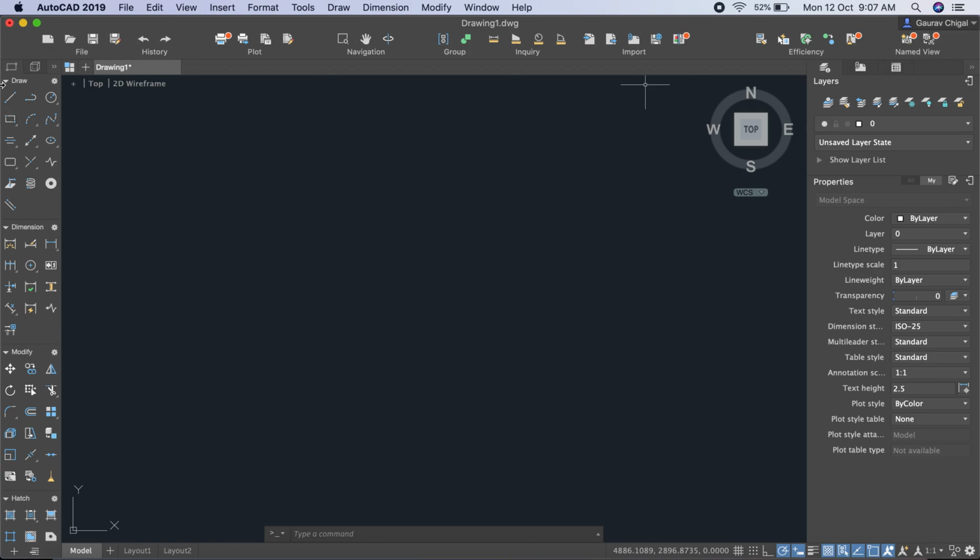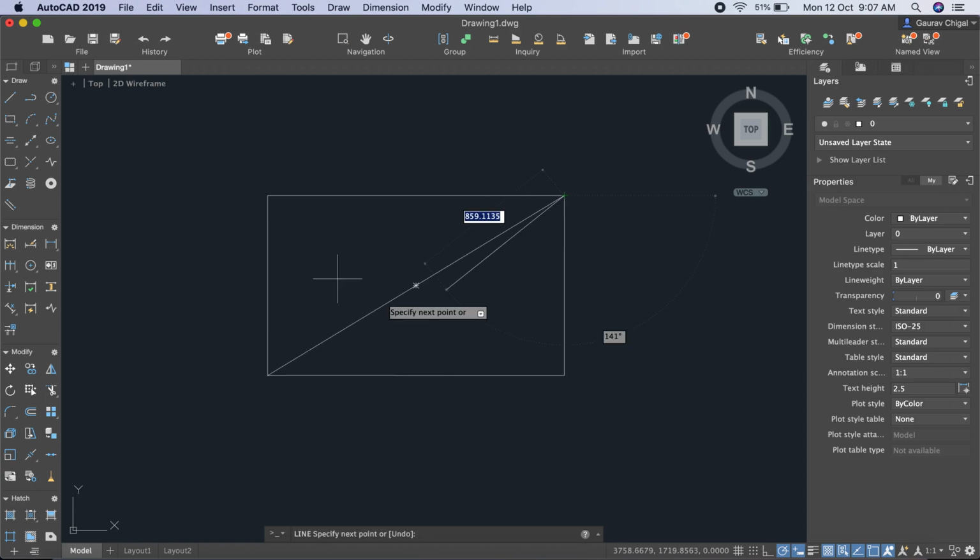So let's start. First of all, I draw some entity. Let us say a rectangle is to be drawn. Let's create some lines, or diagonals, of the rectangle. Now here you can see I drew diagonals of this rectangle, and now I have to take one line in the center.